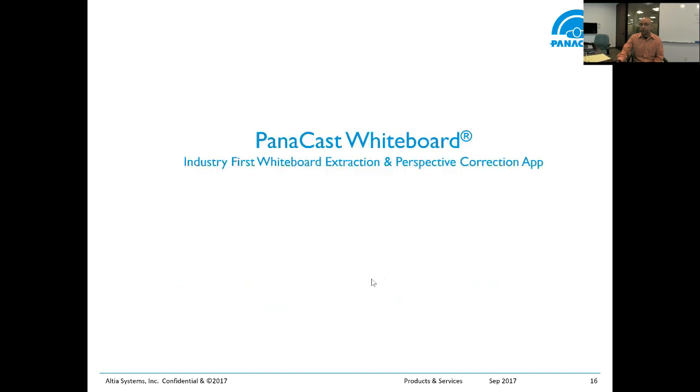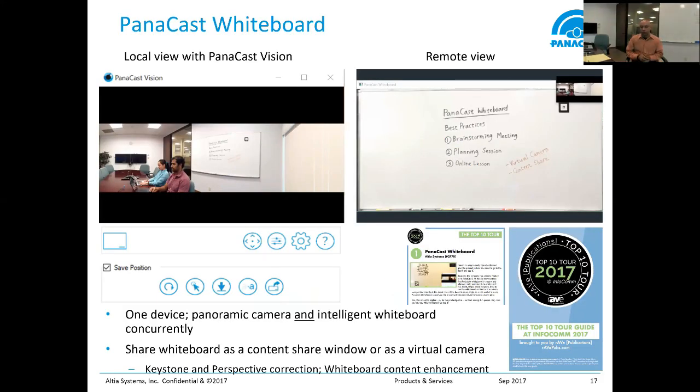And so when we launch that whiteboard, this is how the whiteboard is going to show. The camera is actually looking at a 180-degree field of view. And then the whiteboard, as you can see, the camera is looking at the whiteboard at quite an angle, right? However, when you launch that whiteboard feature,